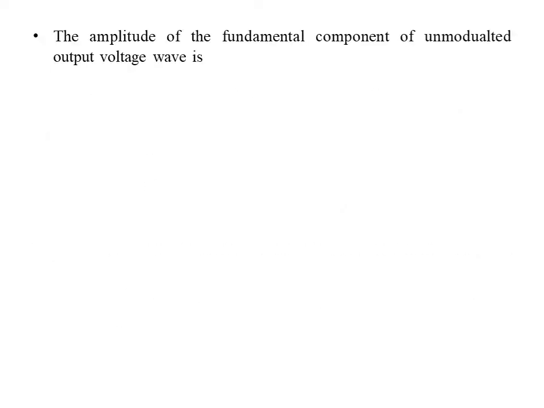The amplitude of the fundamental component of the unmodulated output voltage is A1n equal to 4 Vs divided by pi, which is 1.27324 Vs. In terms of the fundamental component of the unmodulated voltage wave, the amplitudes of the 7th, ninth, and 11th order harmonics are respectively